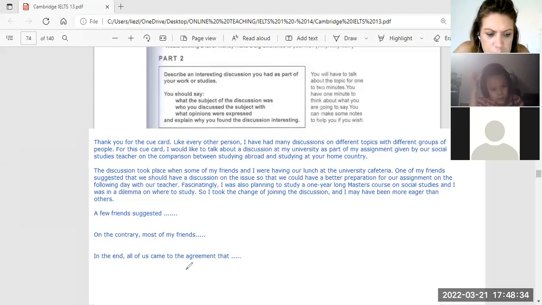On the contrary, most of my friends were interested in growing apricot,